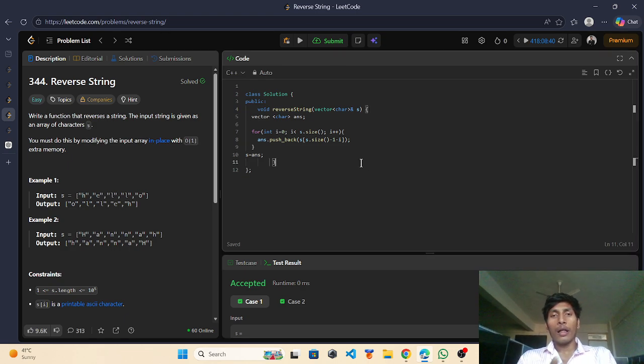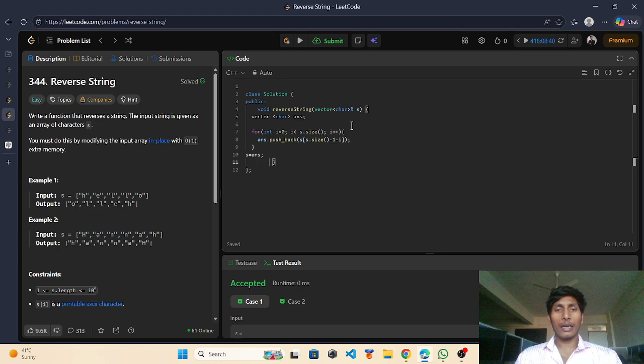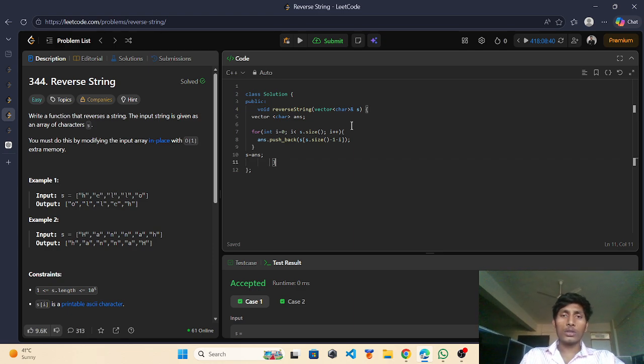So I will recall in front of all of you what approach I took in this solution and what logic I used here.